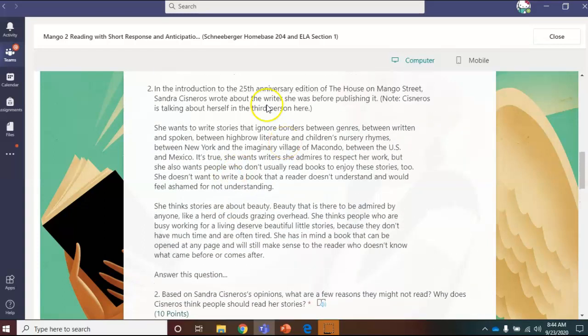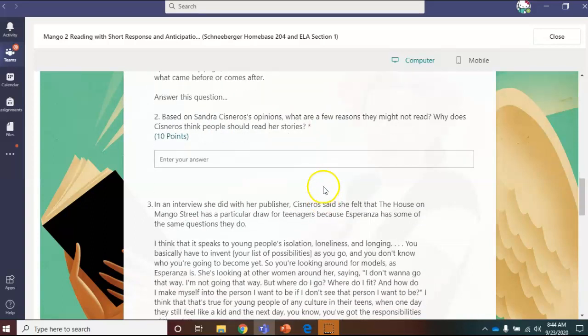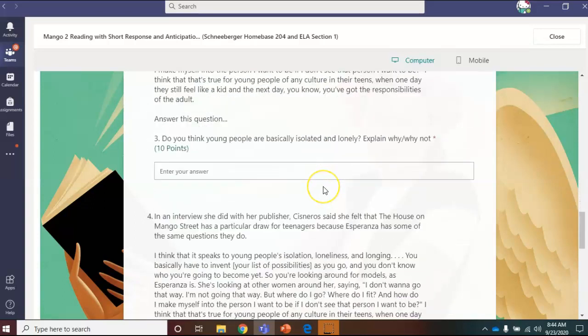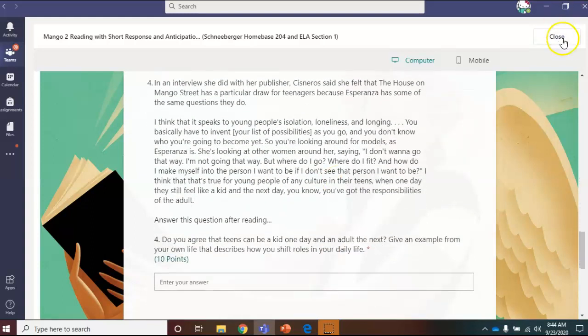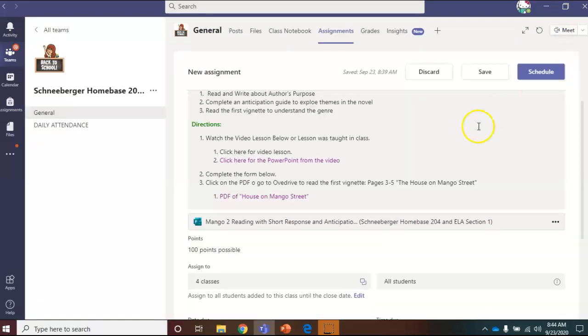You're basically going to have to go back through this, and you can copy and paste things right in, and you're going to be able to use that to answer. But most of it needs to be in your own words. Okay, so close this form. After you close the form and you finish the form, you're going to be reading your first